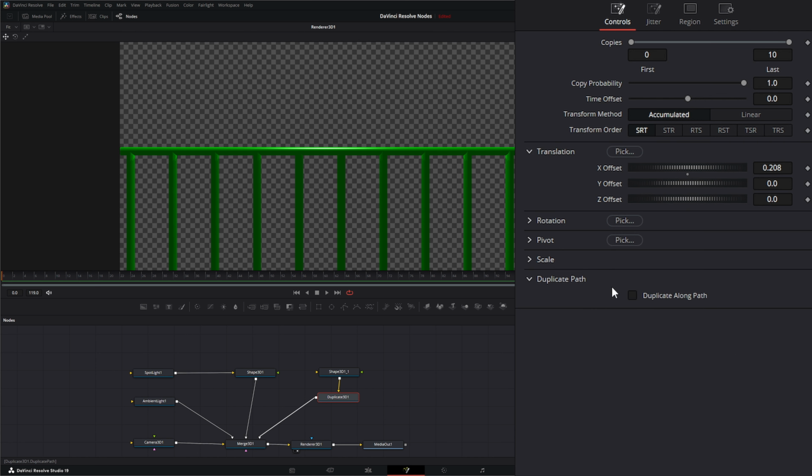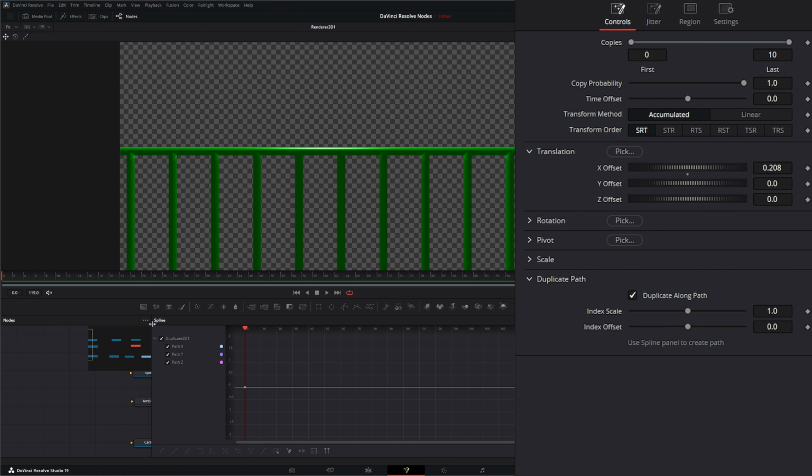And Duplicate Path is a little confusing and a little useless at the same time. So basically, if we say duplicate path, we don't have an option to actually create a path. And if you look down here, it says use spline panel to create path. And that's talking about our actual spline panel. So if you see right here, we have path X, Y, and Z. So if I want to duplicate along a path of X, Y, and Z, or let's just say X to make this easily visible,